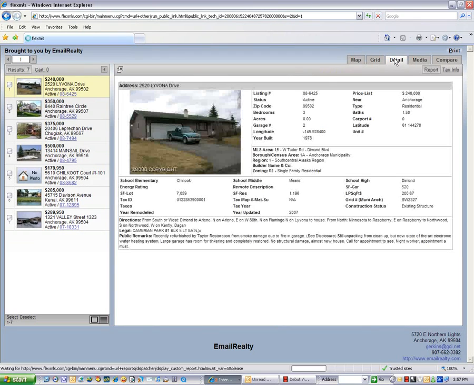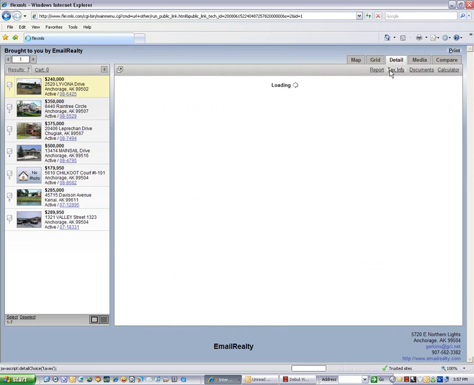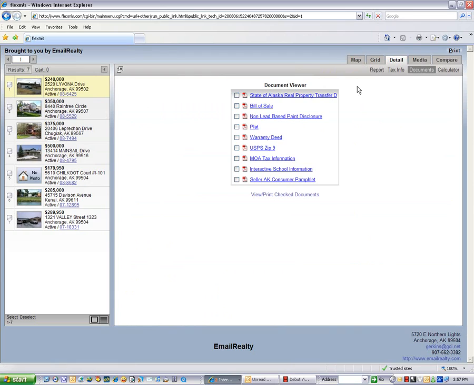details, and when you do details, you have, for instance, this one on Lavana, you have a report like that. You have the tax information. Then you have the documentation. And you can click on it, and I try to make it as interactive as possible. For instance, I don't see one on here, the interactive school information. It then